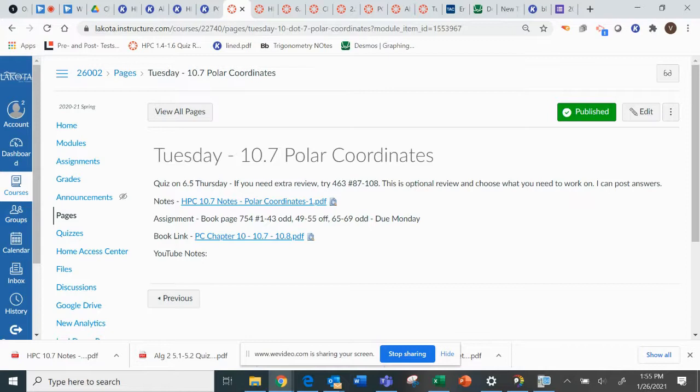The quiz will cover the material, 6.5 day 1 and day 2, and that worksheet. If you want to have extra practice, I suggested some questions from the book. This is optional. It is not mandatory. Your quiz will be on Thursday, so if you want to, do some of that Wednesday night or Thursday morning during XH or something, just to make sure you're ready. But it's optional. And then our polar assignment is due on Monday, so that won't be due next class. It'll be due on Monday. Okay. You guys have the rest of the time to